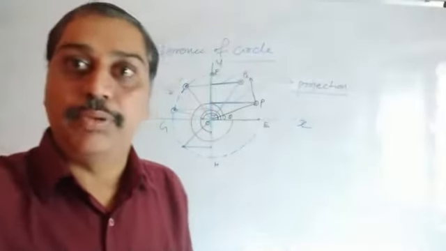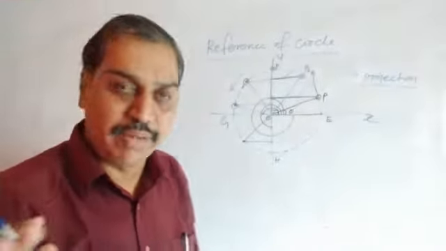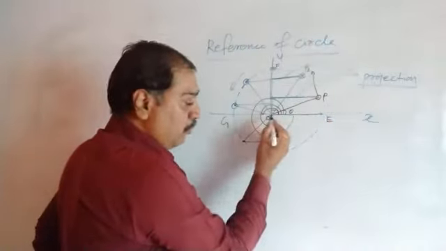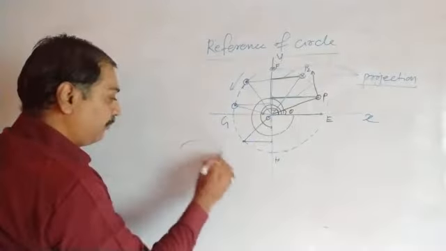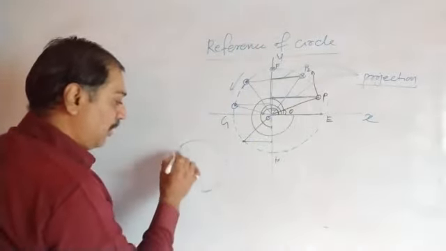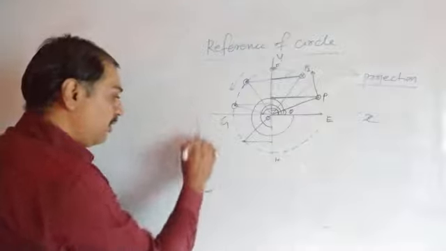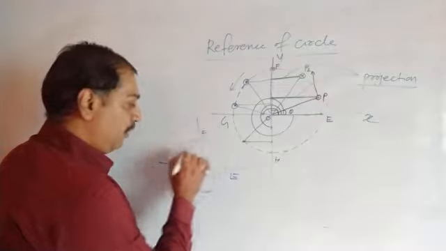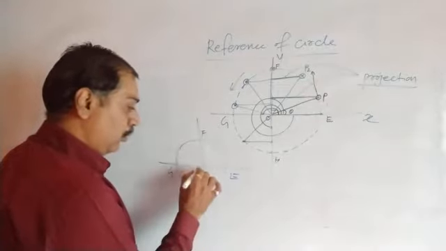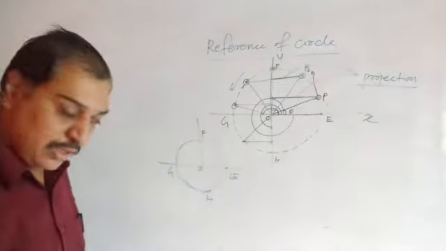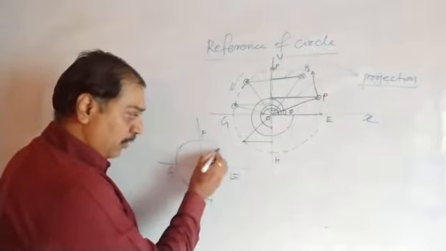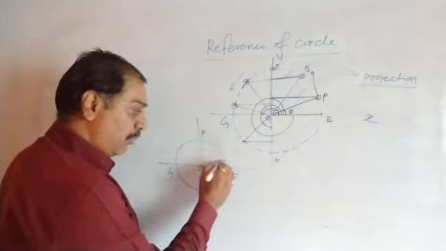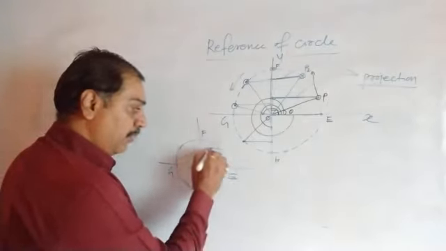I know that a lot of students didn't understand this, so I will try to explain once again. When the particle starts at E, its projection is at O. Suppose I draw it somewhere here. Suppose this is a circle. I know that it does not look like a circle, but suppose it is a circle, such type of thing. This is E, F, G, H, O. The particle is here, its projection is here. The particle goes here, projection here. The particle comes here, projection is here.